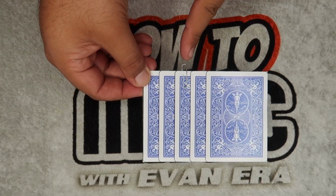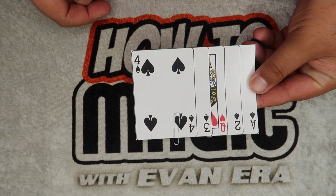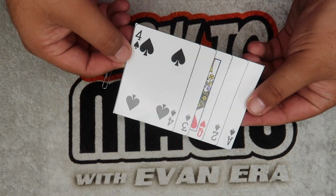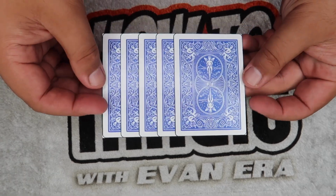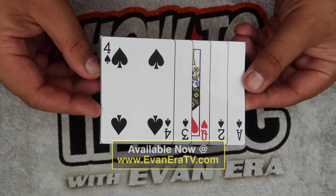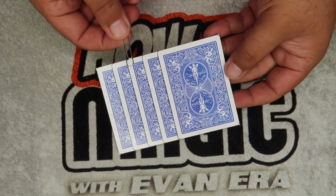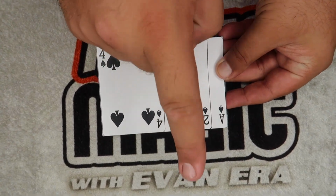So how is it possible that it looks like the queen is paper clipped here, but on this side it's the 4? It is all in the design of this piece of cardstock right here. This is the clipped card illusion. We have this available on our shop, EvanEraTV.com. It is super easy to do. It's pretty much self-working. All you do is show the audience this side of the card and have them keep